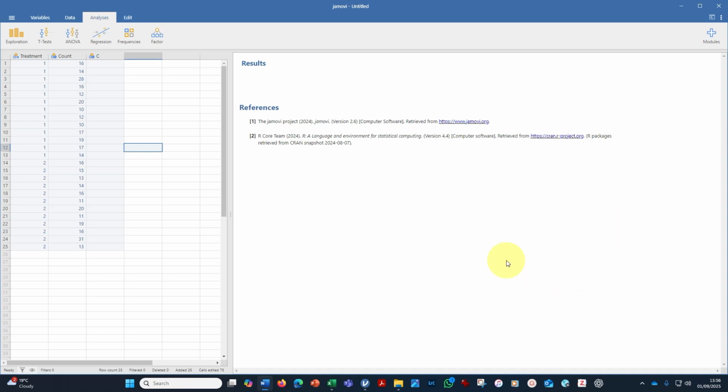So I've got some very simple data. I've got two treatments, 1 and 2, and I've got the counts for those treatments, and that's our outcome variable. We're actually going to just use the count data here. Jamovi already has the capacity to look at the residuals, so we don't have to calculate the residuals before we do the normality test, because these normality tests are already testing the difference between the individual values and the mean